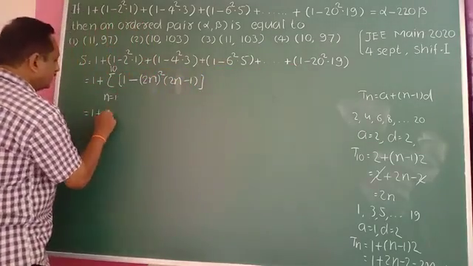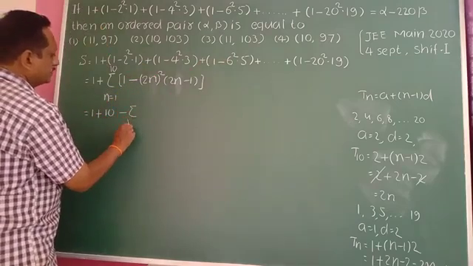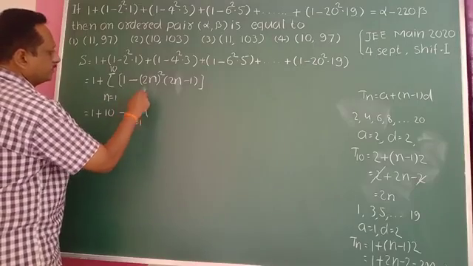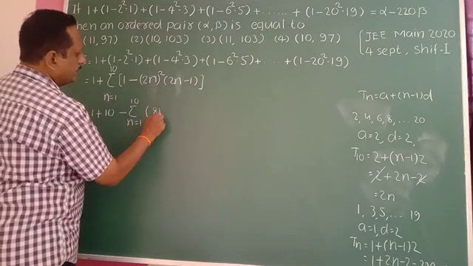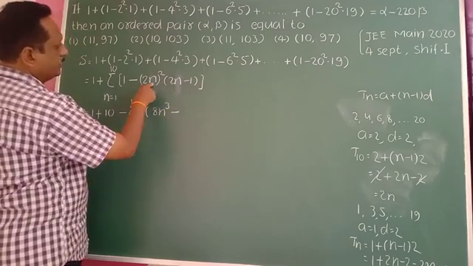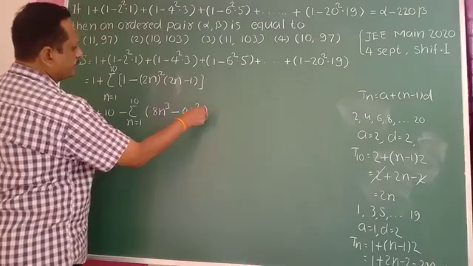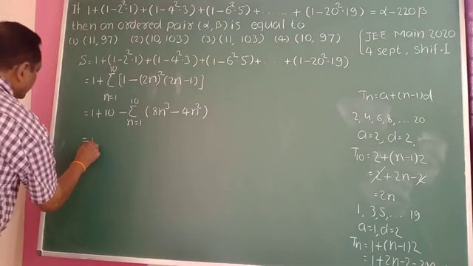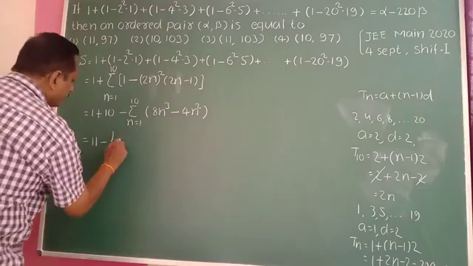Therefore write 10, minus the summation for n equal to 1 to 10 of 4n² into 2n, which is 8n³, minus 4n² into 1, which is 4n². Therefore this is equal to 10 + 1, which becomes 11, into bracket 8 into